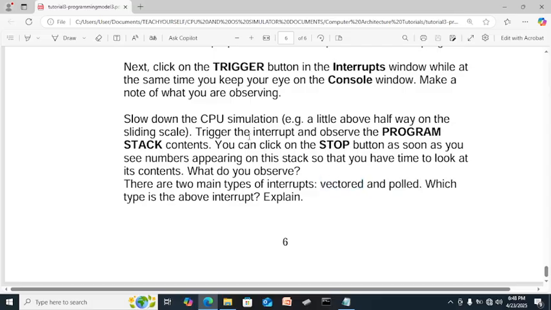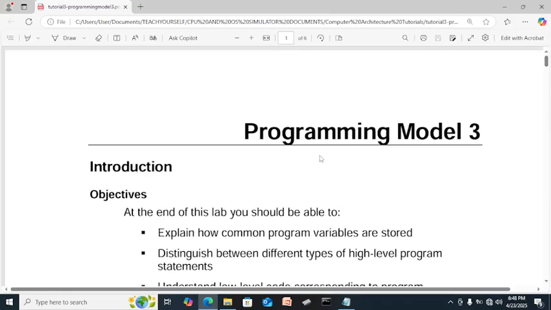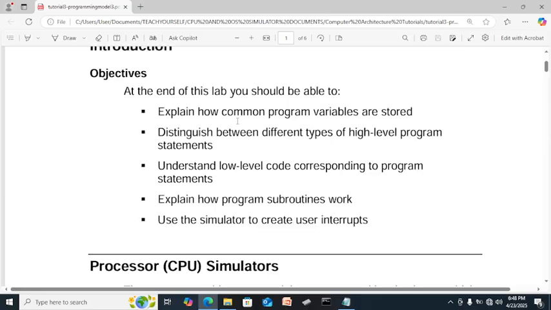As you can see, when you click the keyboard, it will call interrupt 21, then as you click in your keyboard, in your mouse, calling interrupt 33 if you move the mouse. So those are the vectored. So you Google it, what is the difference between vectored and polled. I give you an example already. So we are done in our tutorial. So what you learn here is as we expected. The important thing here is you know now how to compile it, how to load it in the memory, reviewing the interrupts and everything.